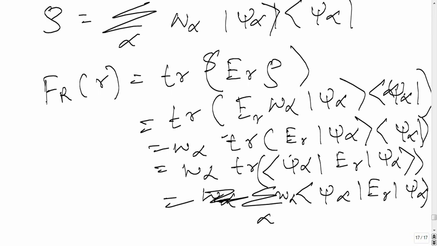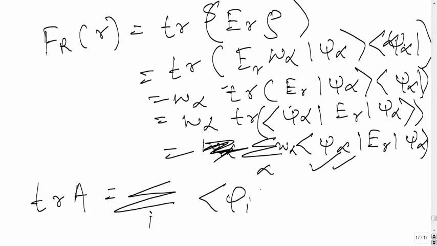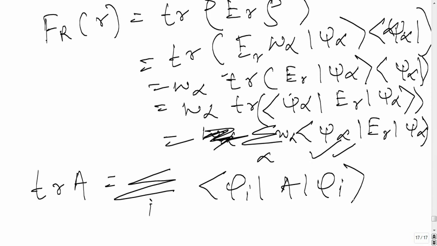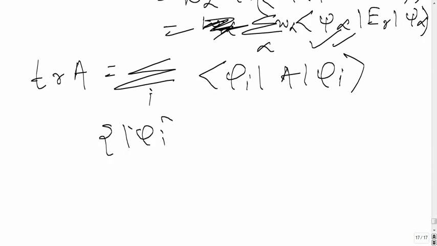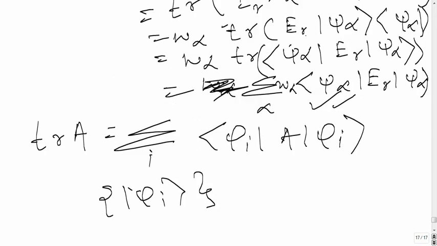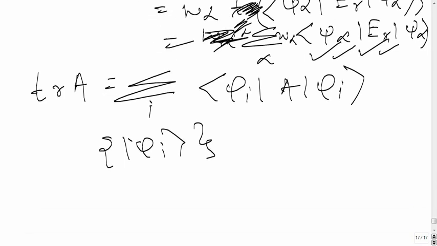Just for refreshing memory, the trace of any operator was defined as a sum over phi i, where the set of states phi i is an orthonormal basis for the Hilbert space H. This is what we have used to go from here to there. We have shown that this trace is a basis independent property of an operator. So this expectation value would be given as the trace of r hat rho,